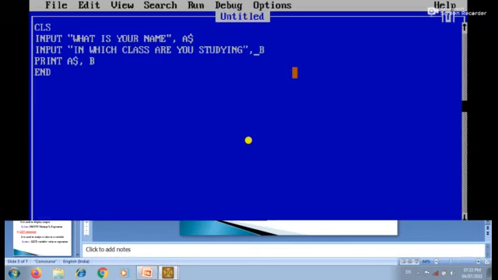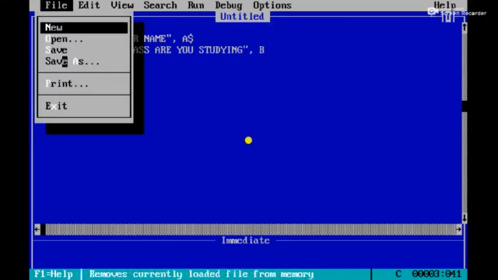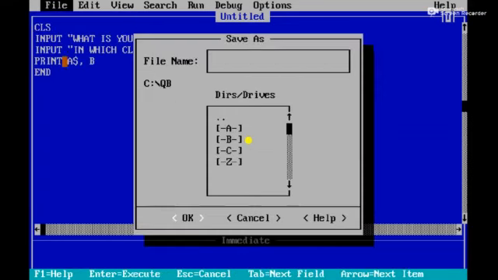See here, I have typed the program which I have explained now. See here that I did not save this. It is in the name untitled, so I should save this. If I want to save this program, we have to follow some steps. Go to the File menu, choose the Save As option. After choosing this option, the Save As dialog box will appear on the screen. Here you can give a file name. It's your wish, you can use any file name.